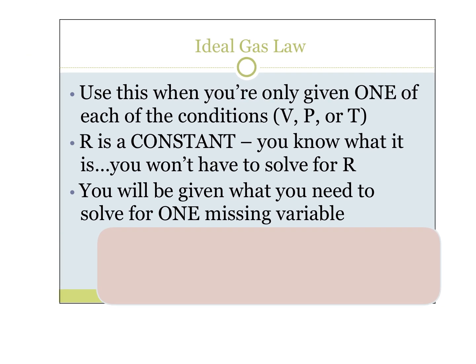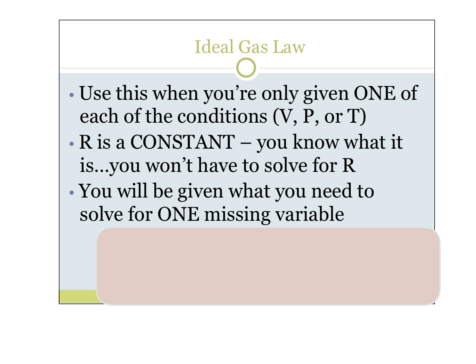So here's some reminders about the ideal gas law. We're going to use this equation when we're only given one of our conditions. We talked about that. R is a constant, so we're always going to know what that is. Did you write that on your formula sheet? The R value, did you write down 0.0821? Yeah. I'd go ahead and put it on there. That way you just have it there for reference. We're going to use it pretty often, so I think you'll know it. But that way you'll have it on there, okay? And then we're just going to be given everything else to solve for one missing thing, just like all of our other problems, right? We're going to solve for one of those variables.